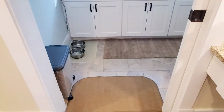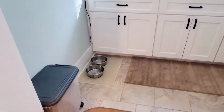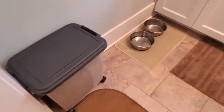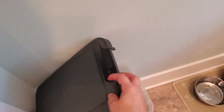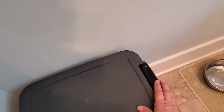So as we walk into this space, the first thing you're going to see is my dog's water and food bowls. And I'm a big fan of anything that's on wheels. Let me turn the light on here. This dog food container is on wheels. We have back stock of dog food in another closet, but this holds enough for a good, I'd say, a